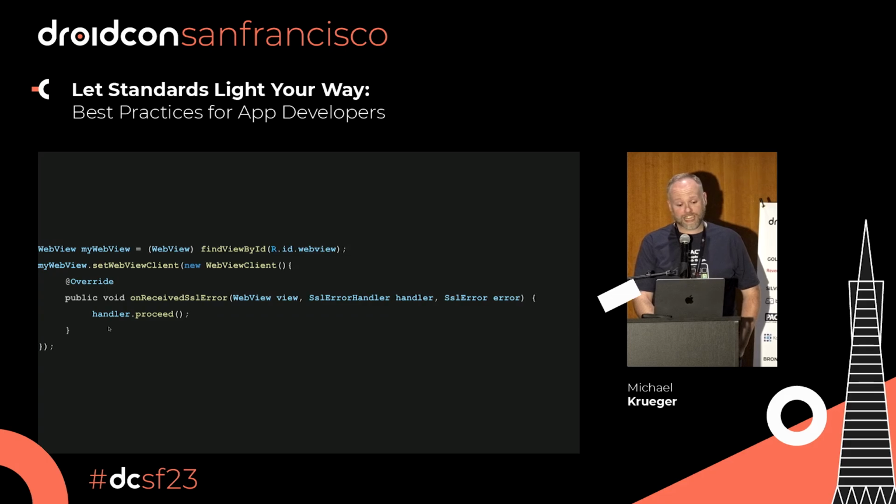Close. In this case, this right here, handler.proceed, that ignores any error. So this onReceivedSslError is called by default whenever there is an error. So yes, correct, there should be. I'm going to give you both one. There should be exception handling, but what there should not be is a proceed routine. So this indicates, there's an error, that's fine. Okay, let's move on, ignore it. So this ignores all SSL errors.